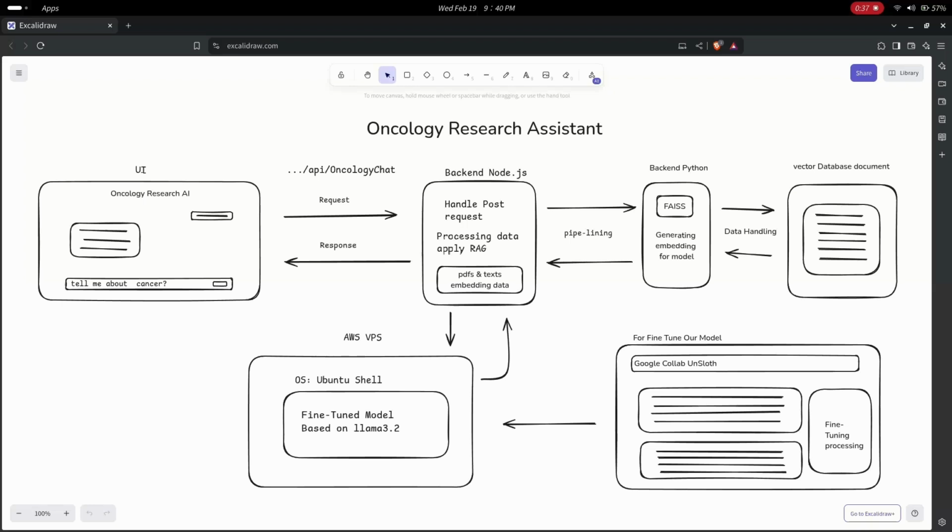This is my architecture, as you can see, my whole architecture. Before coding my project, I created this architecture to understand how the data flows. So let me tell you how I prepared my data